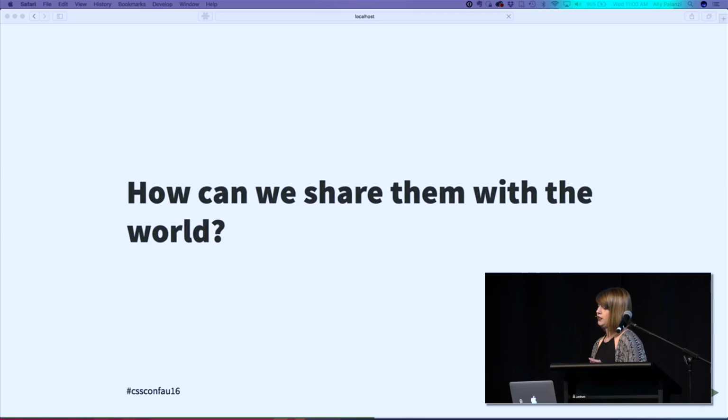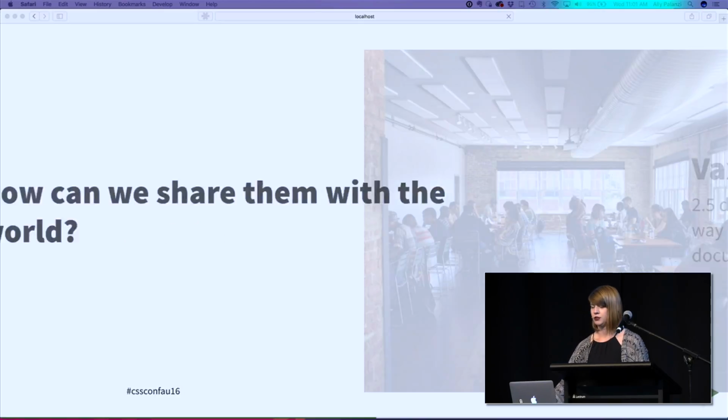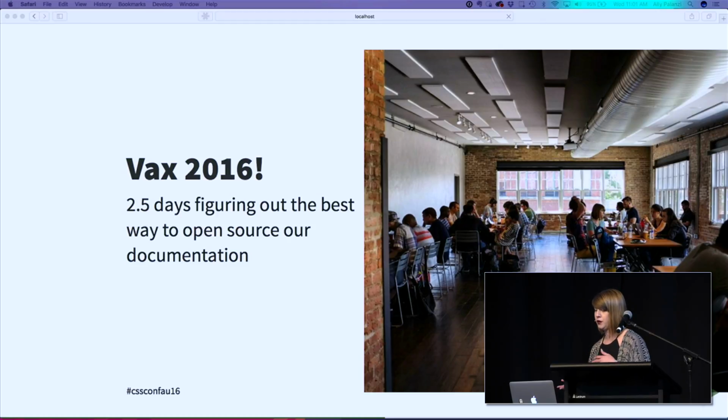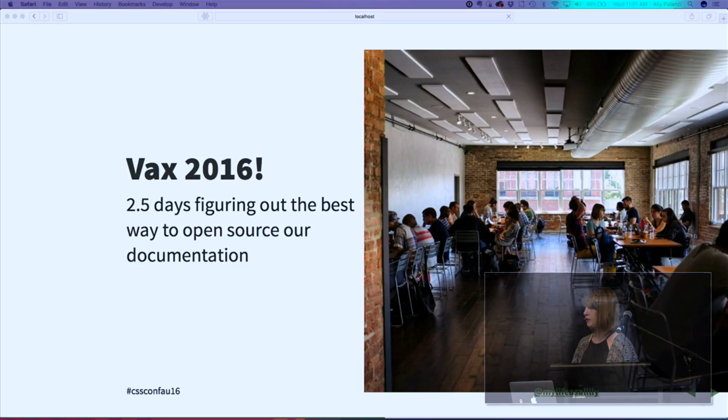So since we had all these internal successes, we wanted to figure out how we could share this with the world and get other open source contributions from other people, and we figured that this was really useful for us, so it could be useful for everyone else. So luckily for us, we had that hackathon, which is every summer. So it was just a few months after. This was in July. So we spent 2 days fleshing out the guidelines and figuring out how we wanted to share it. At first, we were just going to release all the documentation in some small open source website. But then we started to think of how we use the documents and what the best vehicle for that is. So we created this site,